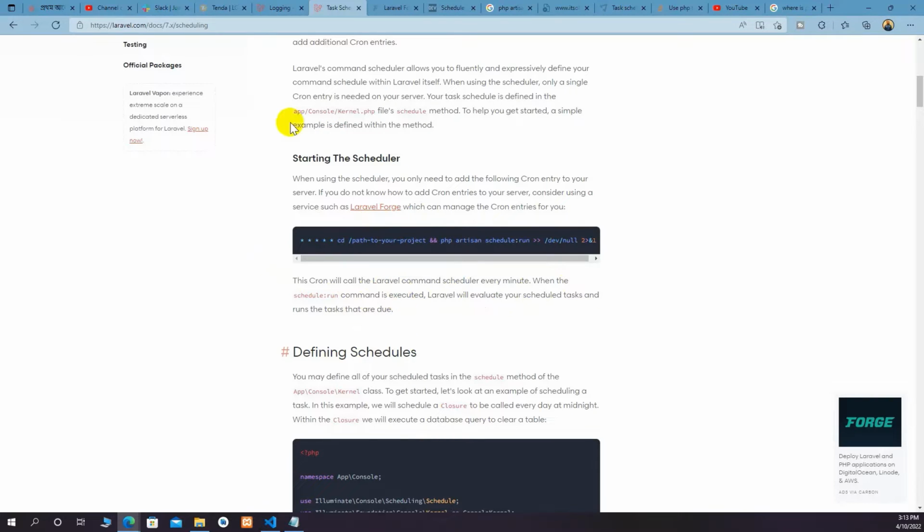So basically they are showing how you can configure this schedule run command on the server, but how you can use this on a local development machine, they did not mention here. So let's do some practical things, to see what problem we basically have while running this in development mode. And I'm usually using Windows. So let's